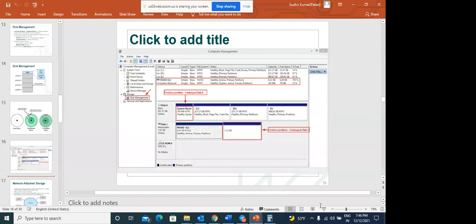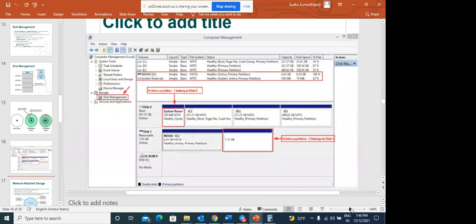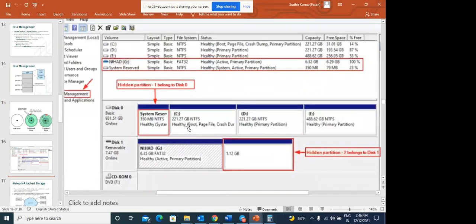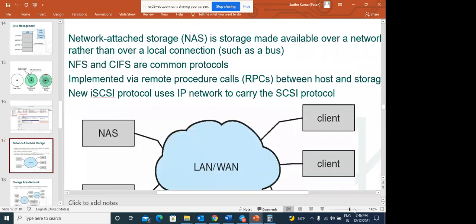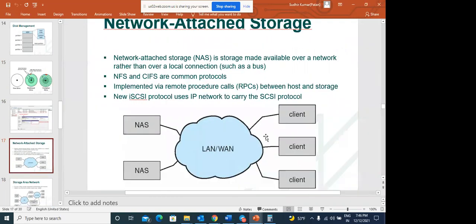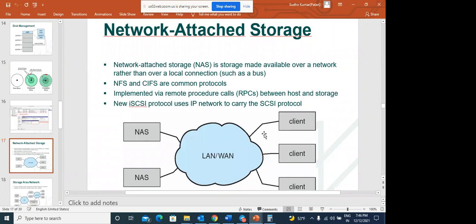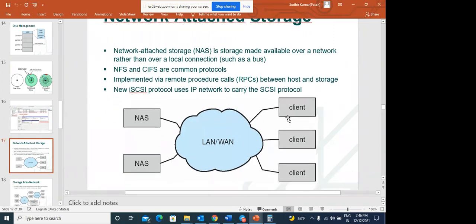Here partitions C, D, E belong to disk 0, disk 1, and LAN, WAN, network attached storage. Network attached storage is storage made available over the network rather than over a local connection.